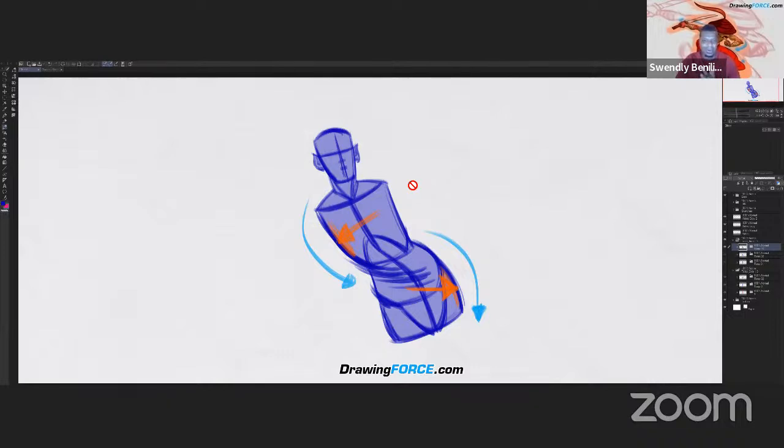This person said, well, I don't know that much about this force stuff, but I can see that the template that you drew on the top looks exactly like the model. And I was like, yeah, that's it. You need to be able to see which of these templates match what the torso is doing in the figure. So this person would be a great force artist if they choose to go down that path.